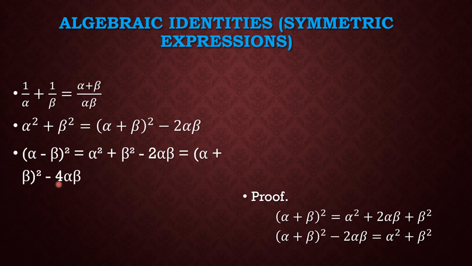Now let's move to the third option, which is (alpha minus beta) all squared, which will also produce alpha squared plus beta squared minus 2 alpha beta. And we have the expansion for this particular expression as our point 2. So we just have to substitute them and we simplify the expression to get the sum squared minus 4 times the product. All what we are doing in this particular symmetric expression or algebraic identity is such that we are interested